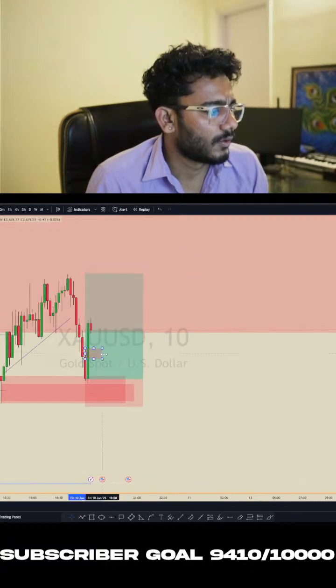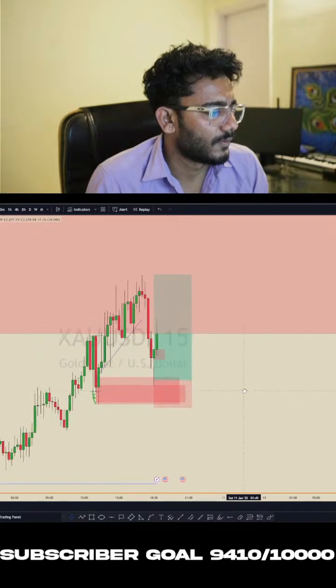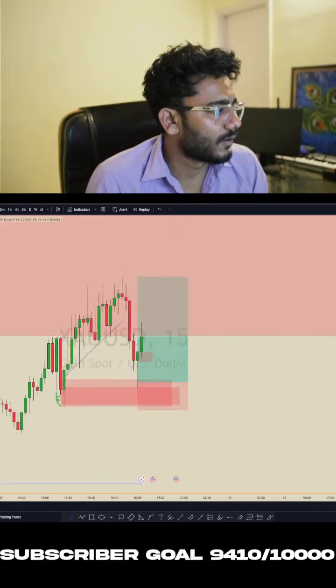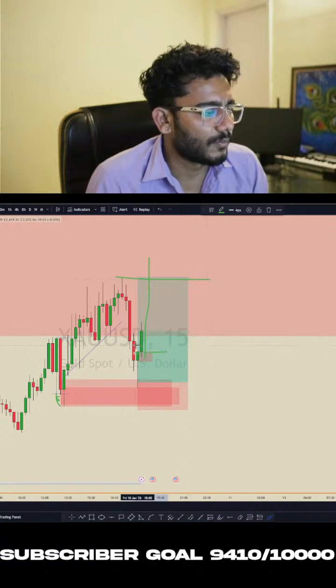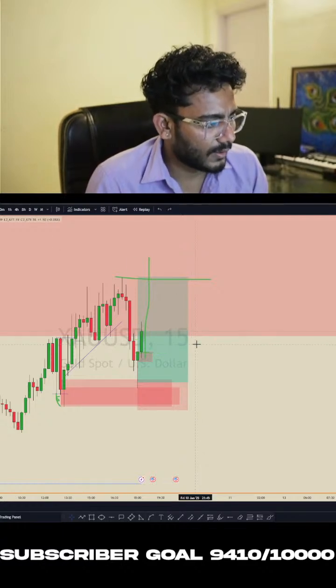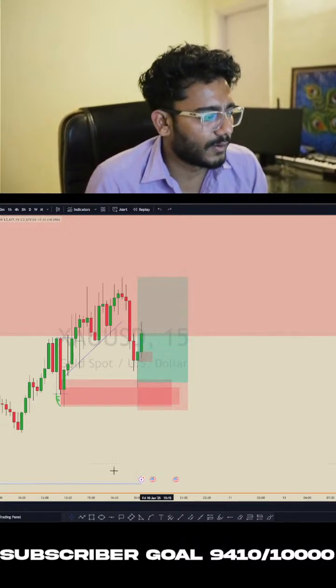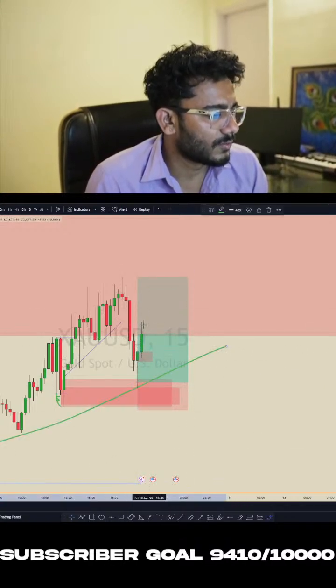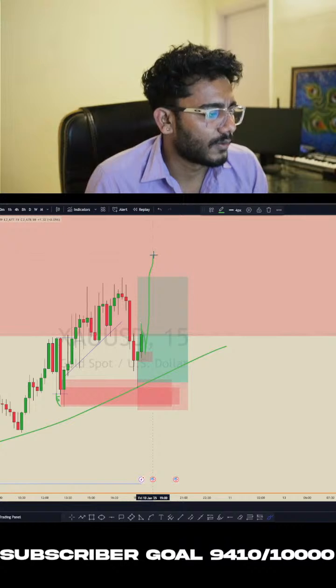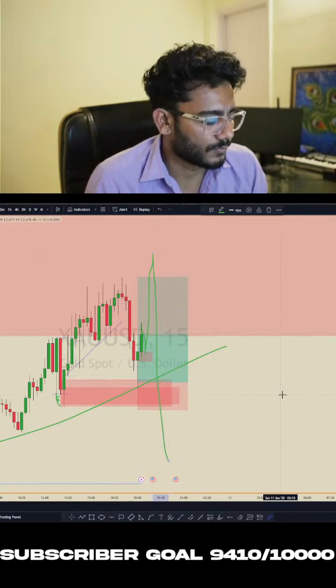If you go to 50-minute, we can see price is creating this bottom, but if price breaks this high, most of the time price will leave this imbalance empty. It will not retest this area because price needs some reason to come again, right? If this is mitigated, then most of the time price will not leave this imbalance. It will sweep all the lows because there is no mitigation over here, right? If price mitigates this low here only and then goes to the upside, then price will break this structure.